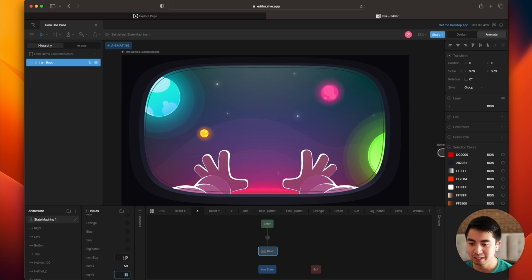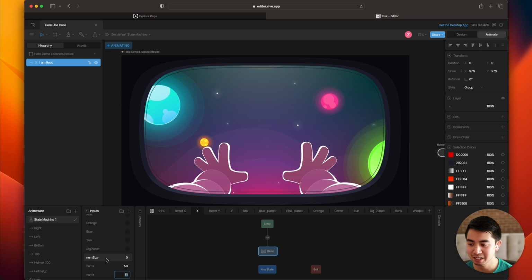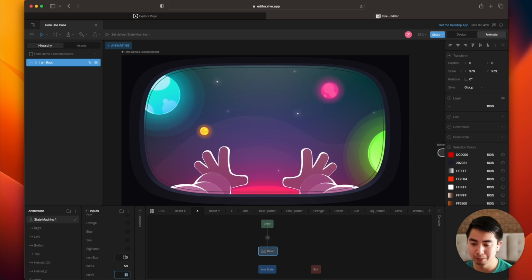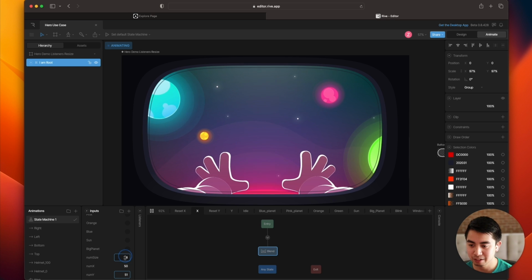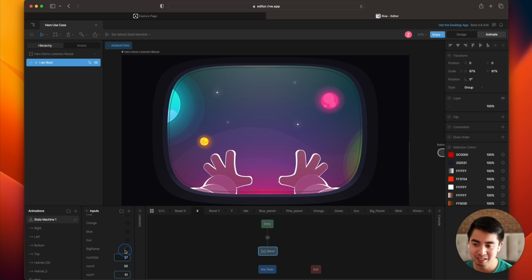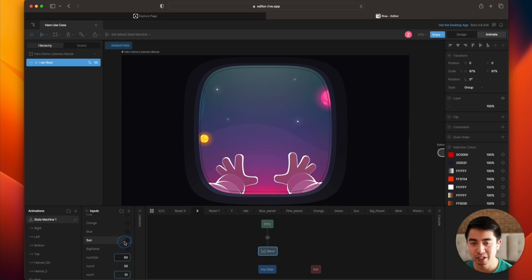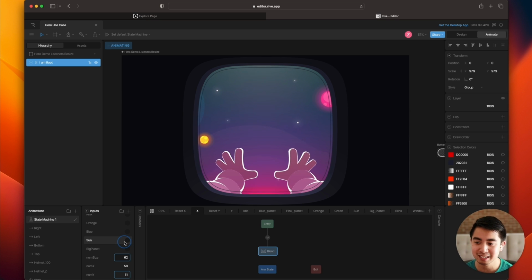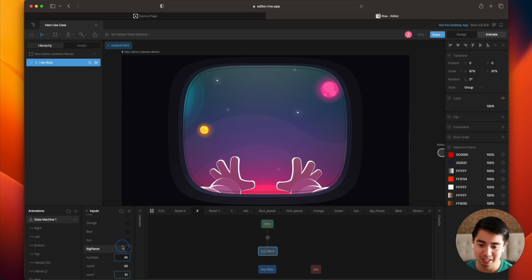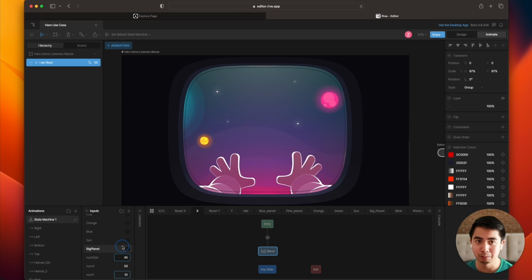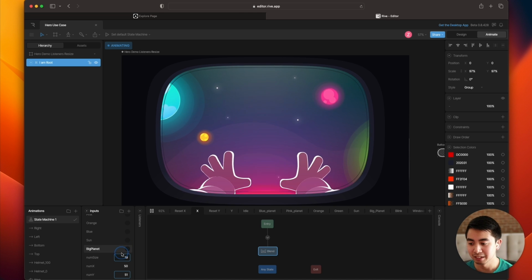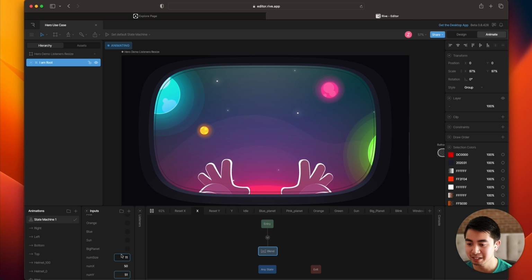Now, the one interesting thing that we're also going to be playing with is this numsize input. This is also a blend state. And as I increase the value, you'll see that the helmet size or view that we're looking through is getting narrower. And so you can imagine that maybe on mobile devices, we'll want this num size to increase based on the available width of the viewport. And so we'll take a look at how to use that at runtime.